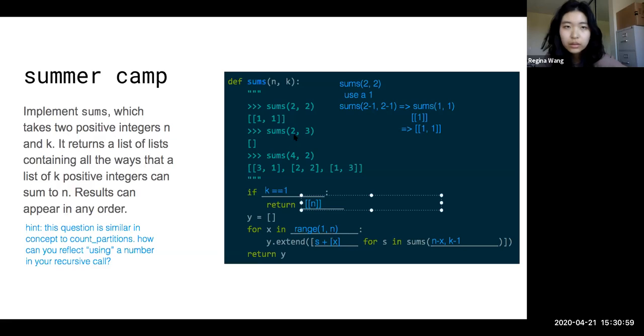So that would be 1. We would extend, and then we would call our sums. And at some point in our recursive calls, n would be some number, maybe 0, and k would be 1. And so you would just return,